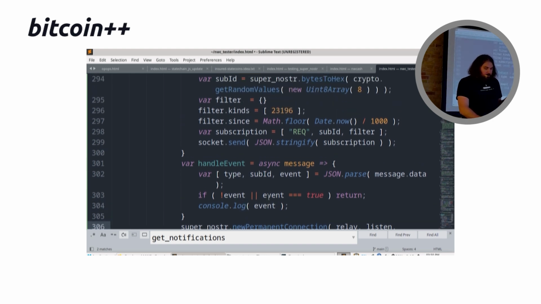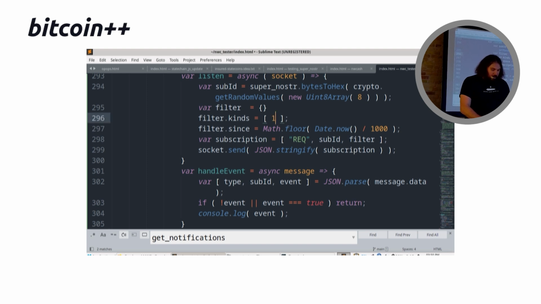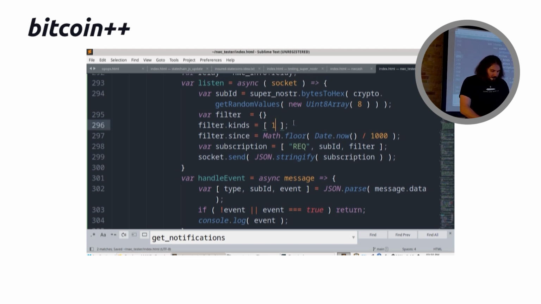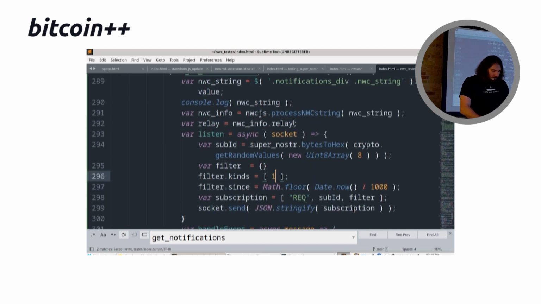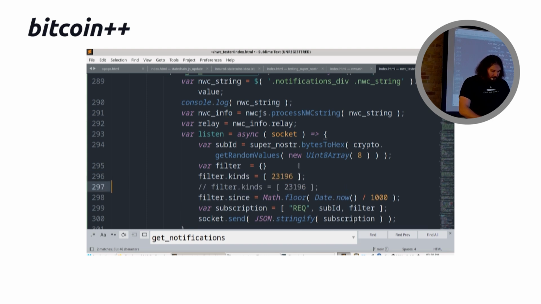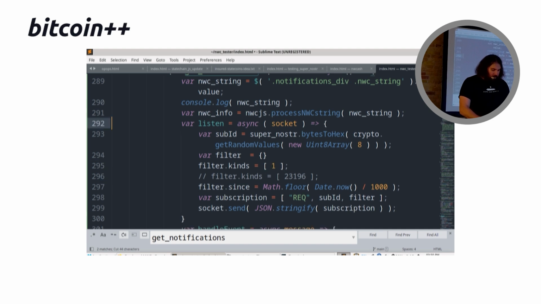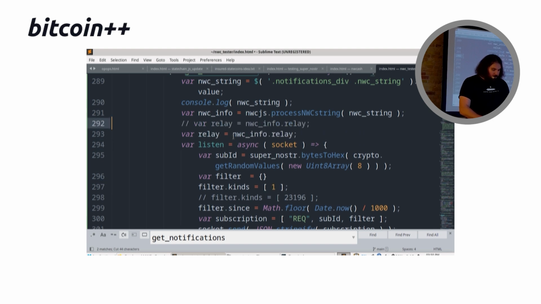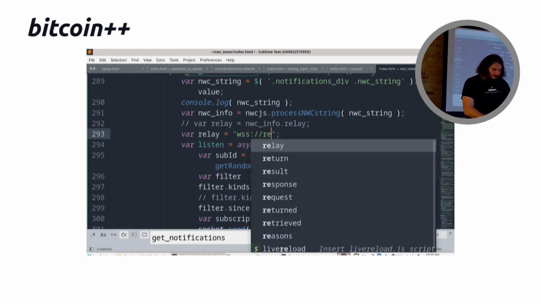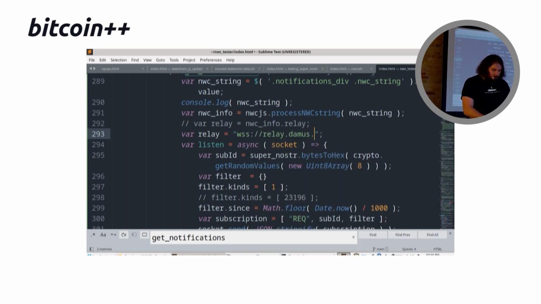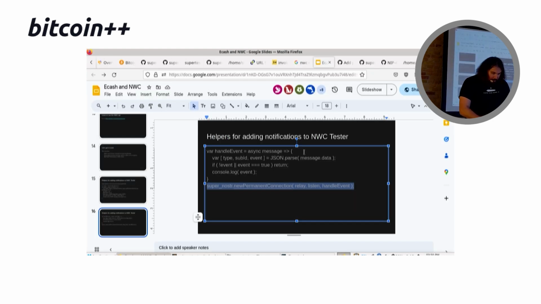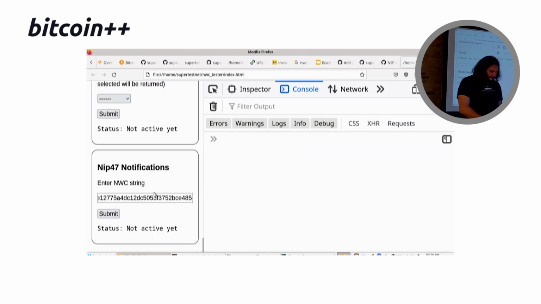To show you that this works, I'm going to change this briefly to just kind 1 events, and I'm going to change the relay instead of being, actually let me comment that out and paste it as kind 1. Now also comment out the relay, and if I was just going to do kind 1 events on relay.damus.io, I could do that. And so if I refresh this and hit submit,